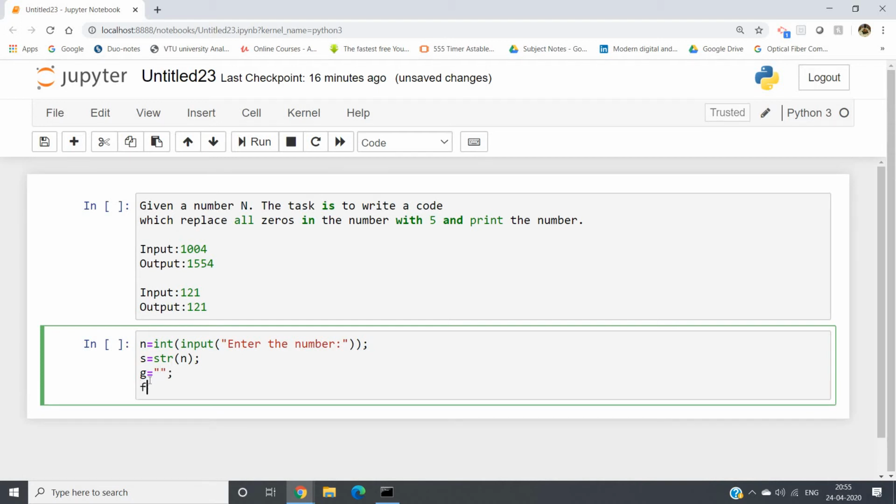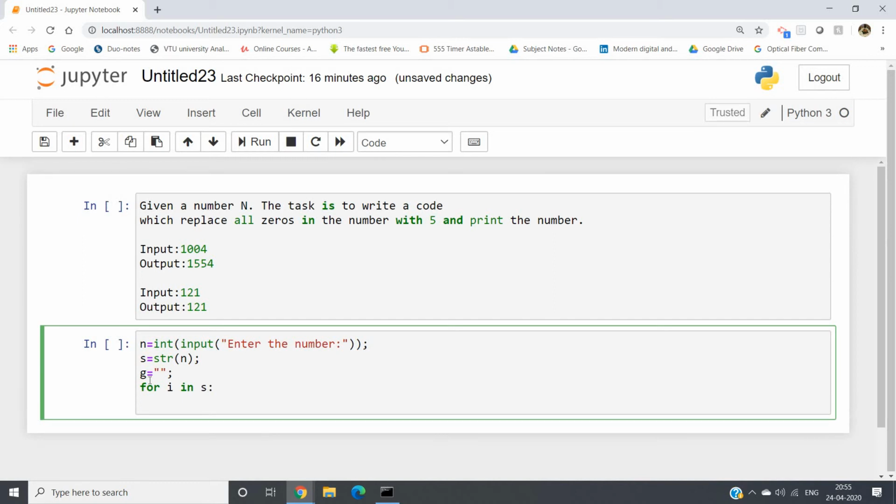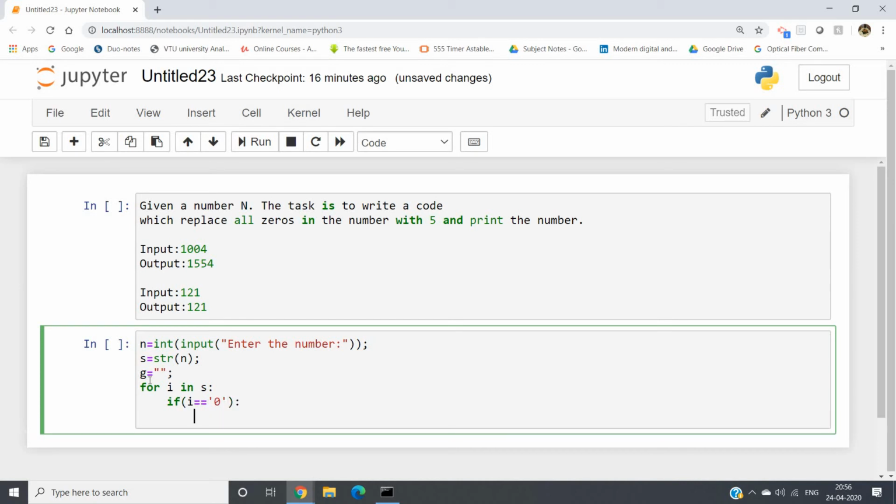Now I am taking an empty string g to give the output. Now what I will do, I will traverse my string s, which is the string representation of my integer input. I have already discussed how you can traverse a string: for i in s. So I will be taking each and every character. Now we will make a comparison. If i equal to 0, in that case we have to put 5 in that place, right?